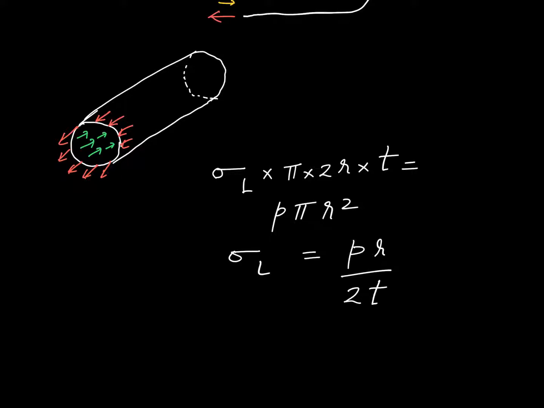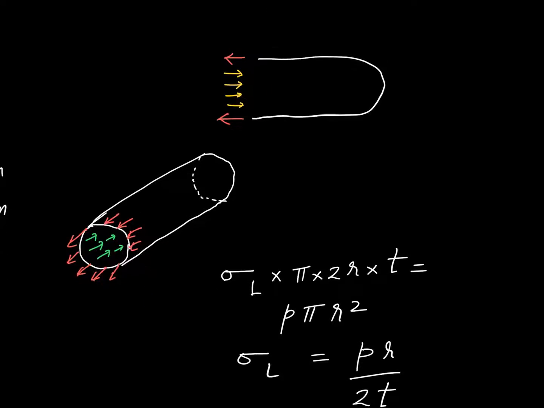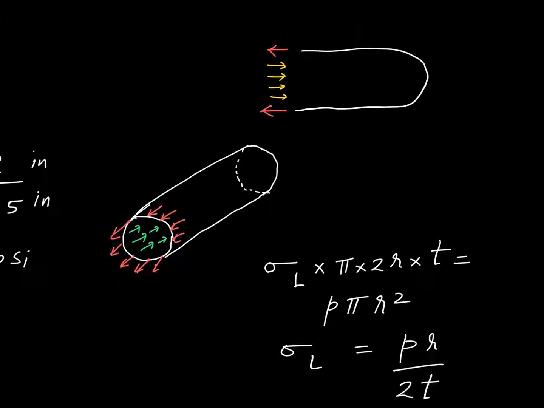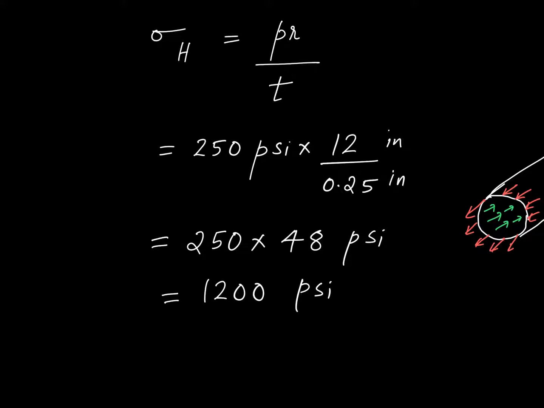equation. Now think of a case where you have a pressure vessel that does not have a closed end, simply an open end. Then what happens? There is no force in the longitudinal direction due to the internal pressure, which in turn means that there won't be any longitudinal stress. Make sense? Simple, right? So to sum up, when you have open ends, there will be no longitudinal stress, but there will be